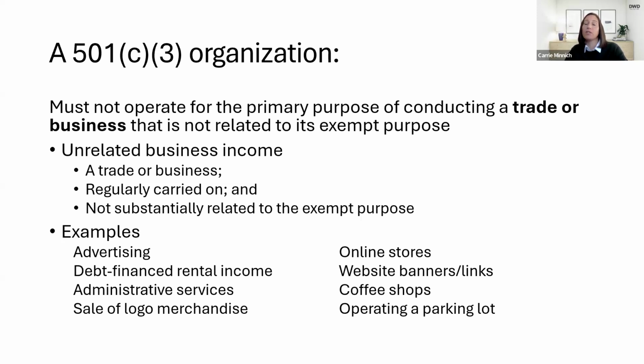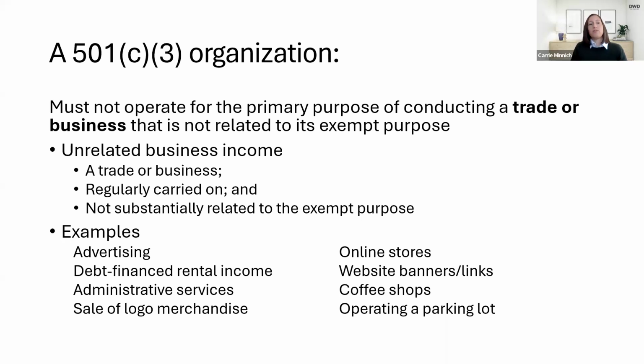Now, you do have to pay unrelated business income taxes on unrelated business income. So we take the gross amount of unrelated business income and reduce it by a $1,000 standard deduction, and then reduce it by any related expenses, and we come down to a net UBI. That net amount is taxed at the same corporate level as any other for-profit business. So the IRS sees that if you have too much unrelated business income, then you're probably not really focusing on your tax exempt purposes, and that you're more of a for-profit.